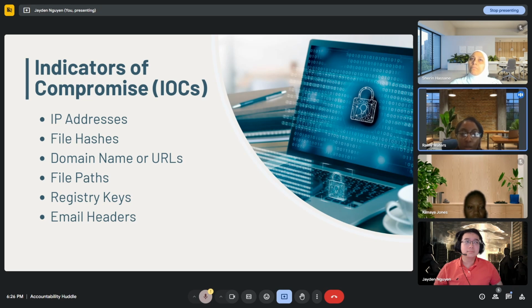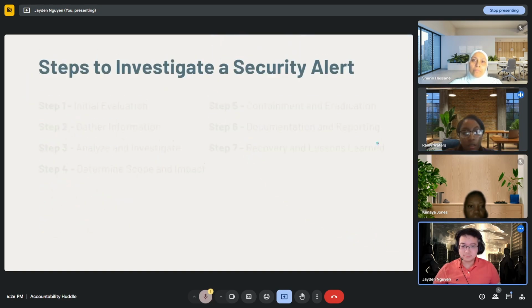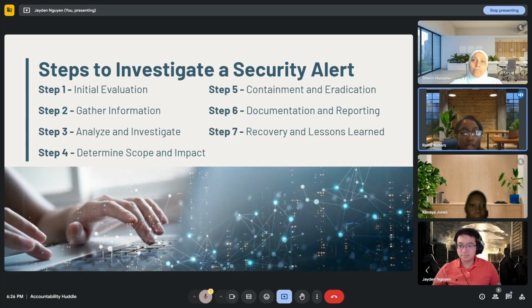IOCs are critical in cybersecurity for detecting, responding, and investigating security incidents. So these can include various types of information, as you see listed here. But overall, security teams, such as SOC analysts and cybersecurity analysts, use IOCs to detect threats, identify breaches, and prevent future attacks. All right, so now I'm going to be going over the steps to investigate a security